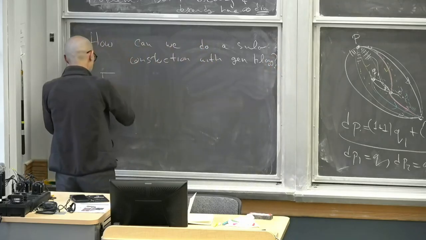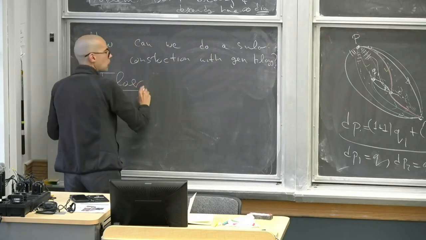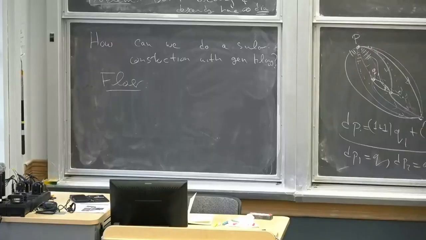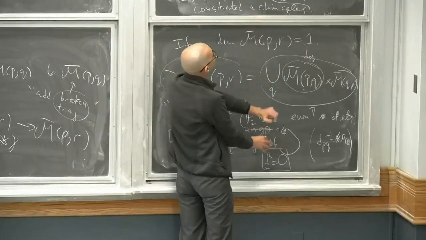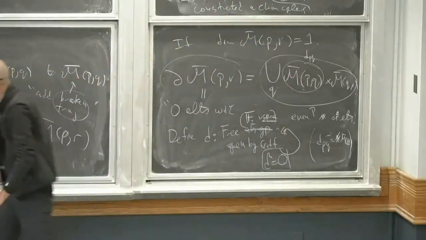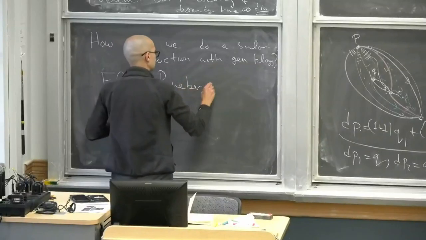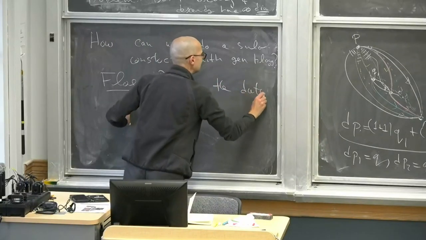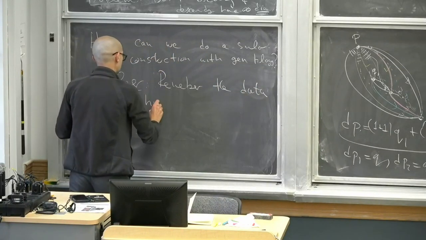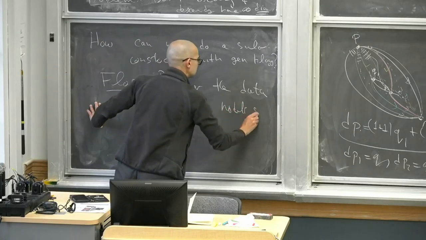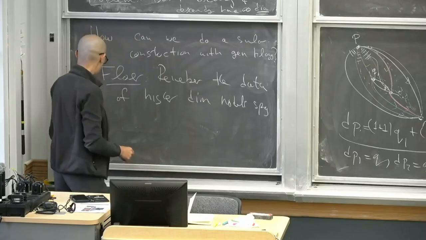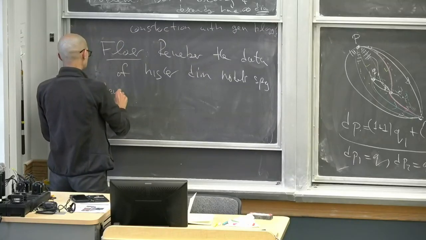And Floer already at the time suspected that the way we would do this is we would not build this whole structure with all the moduli spaces and all dimensions and then only look at dimension 0 or 1, but actually we would remember the data of the higher dimensional moduli spaces. And subsequently, Cohen, Jones, and Segal